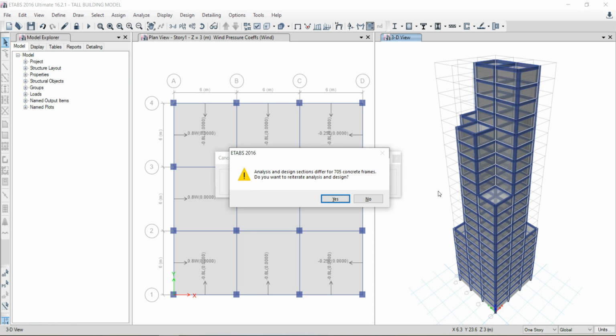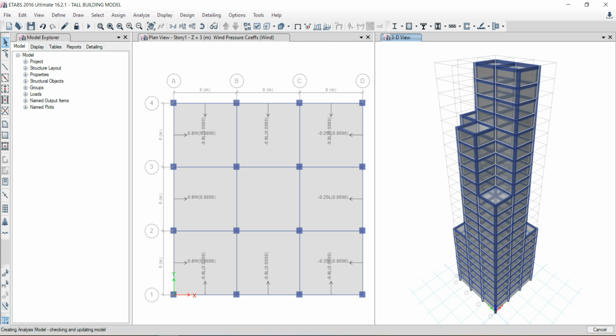So you can see analysis and design sections differ for 705 concrete frames. So it's asking, do you want to reiterate analysis and design? Which means it is asking that we can provide the other column sections. So we'll click on yes. So it will start analysis again and then run the design itself.